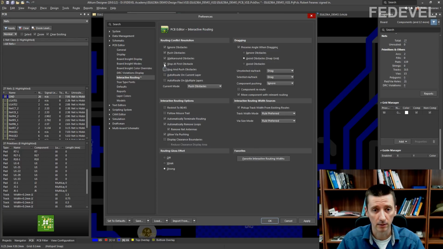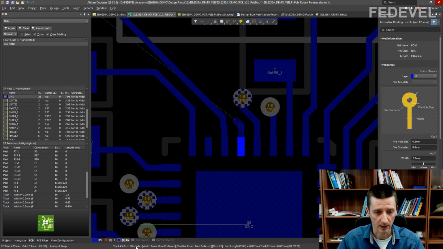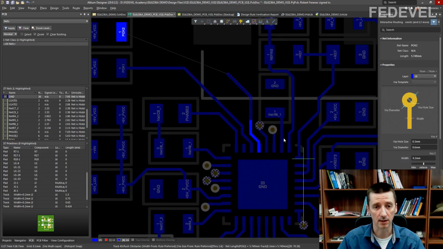And these are what I normally use. So ignore, push, walk around, and that's it. Okay. Start routing, push obstacles, perfect, and just finish this layout.